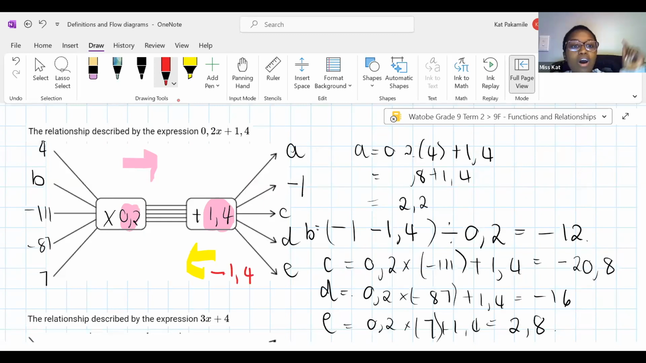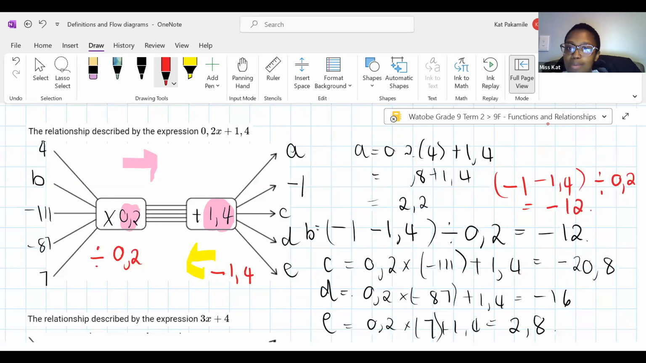And then after that, instead of timesing 0,2, what's the opposite of times? Division. The opposite of multiplication. There we go. We're going to divide by 0,2. So you start where we were. We were at -1, right? Yes. So we're going to say -1 minus 1,4 because we're going backwards. There's our -1,4. Then divided by 0,2. And if you do that, you'll see that your answer will be